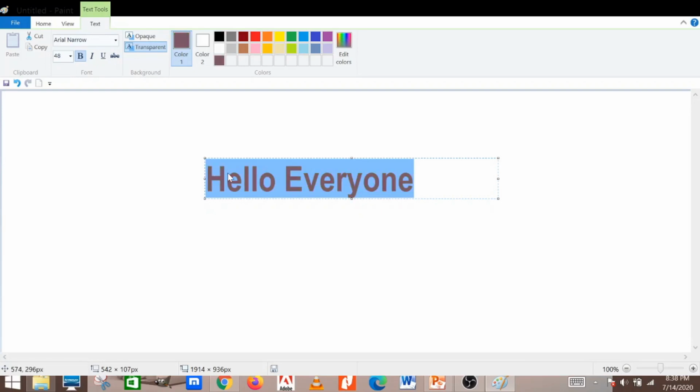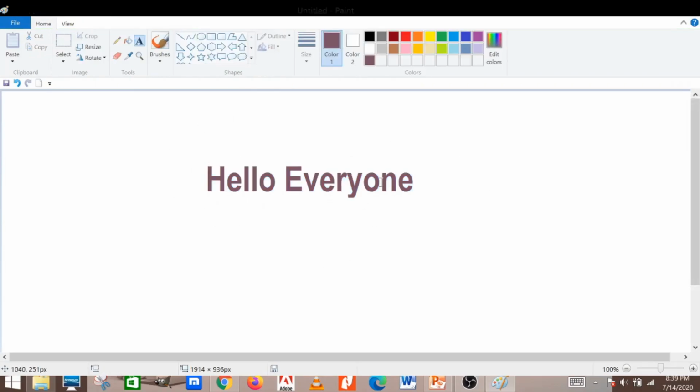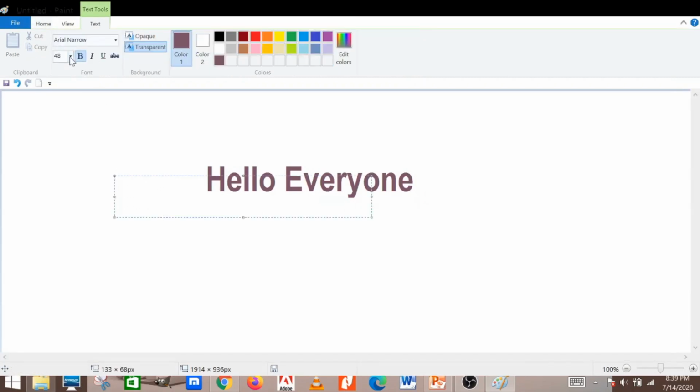Then you can see your color is changed. This color was not in your color palette, but whenever you select this one, it comes here in the down arrow, down series. So here we have learned and we have done practically how to change the font style, how to change the font size from here in this font size tool, and how to change the color of the fonts.